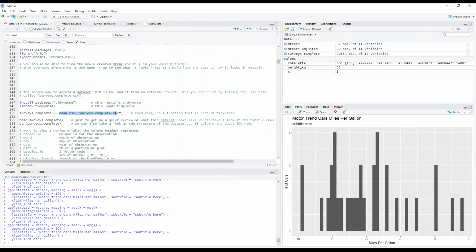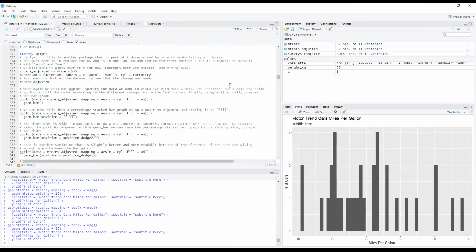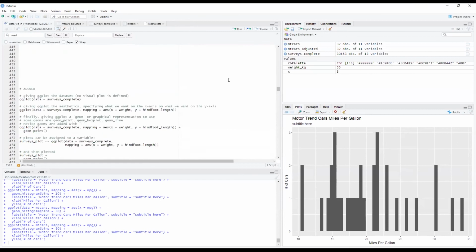Yeah, read_csv. My notes say it's a function that's part of tidyverse, but I would assume there are other ways to do it. I'll have to look at it. The way we did it, it looks like it specifically involves tidyverse though. Okay.